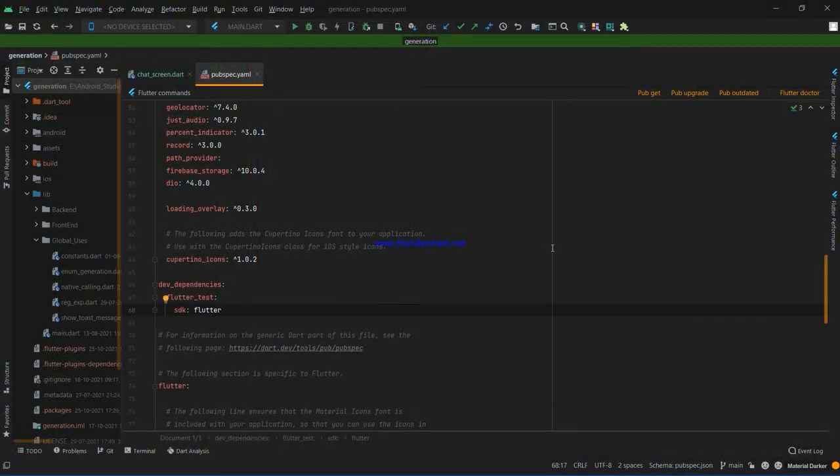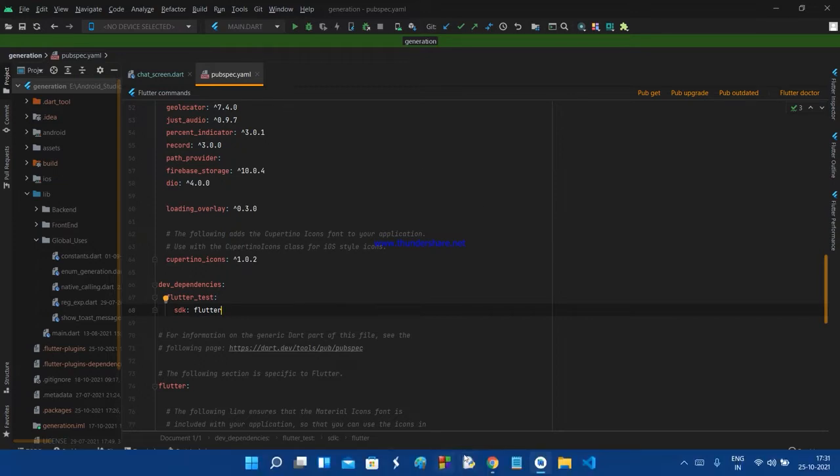Notification management is one of the most important concepts of any chat application or any social media app. Hey there everybody, Samarpan here. In this video we are going to see notification integration with our app. In the previous videos we sent and received different types of chat messages, but now we are going to do the most important thing, our notification integration. We are going to integrate Flutter Firebase local notifications. So without wasting any time, let's get started.